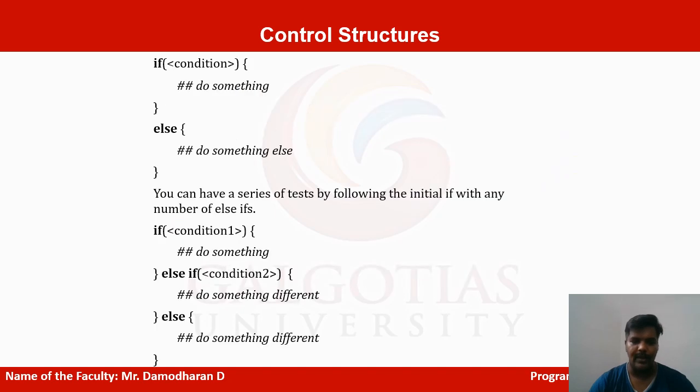Okay, this is another example for if else. The condition is going to be checked here. If the condition is true, it will do this part. If the condition is false, then it will do this part. Either one of the conditions is satisfied. In the earlier example there was only one condition: if it is satisfied it does the process, otherwise it exits the program.